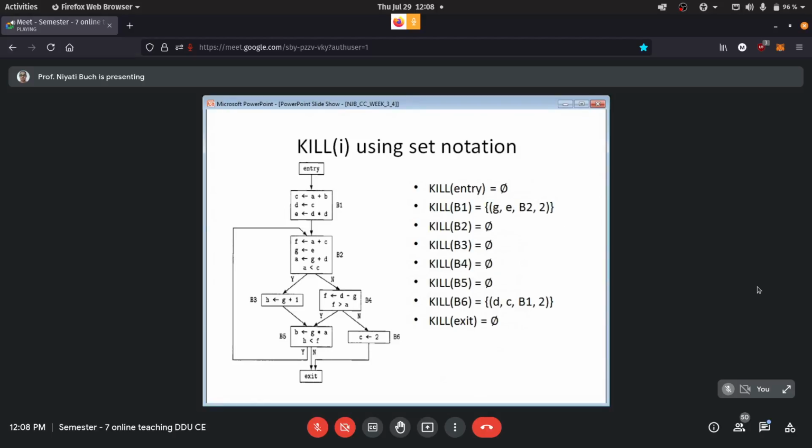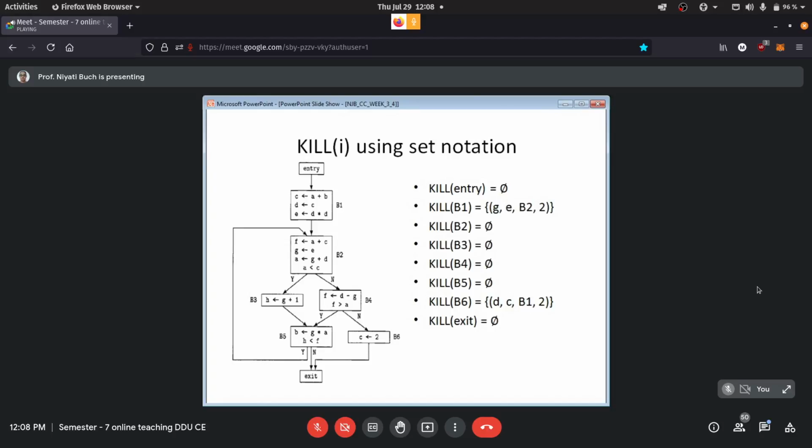So in B1, if you observe, the value of E is getting changed. Value of E is getting changed, so that is why it goes into the kill set of B1. Because it is part of the copy set not of B1, but of some other block.